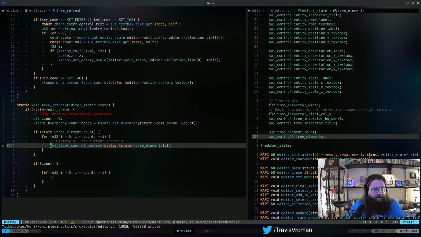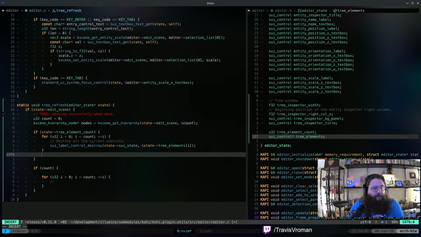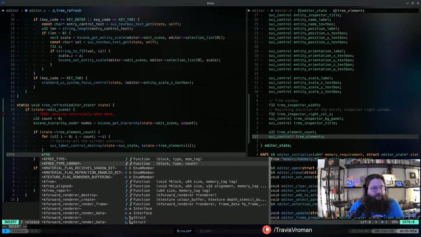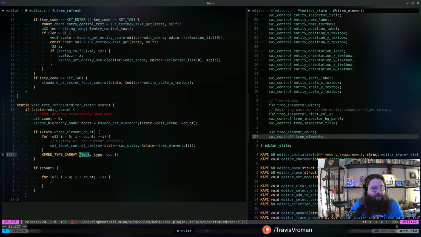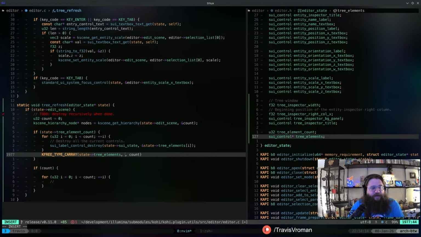Right. Why is that bleating about state? Oh, it needs to be the SUI state. There we go. Okay, so we destroy all those things, and then we do a k-free type C array. The block is going to be state tree elements. The type is going to be SUI control, and the count is going to be count.